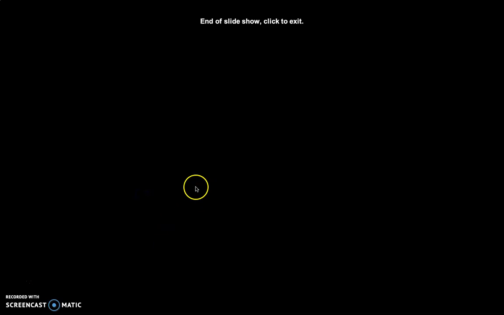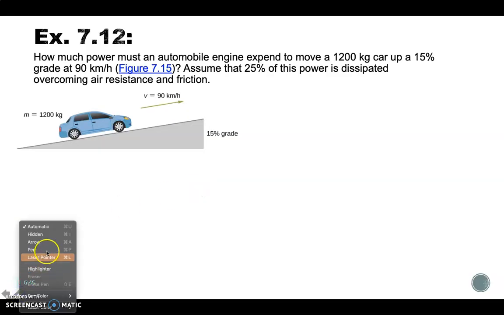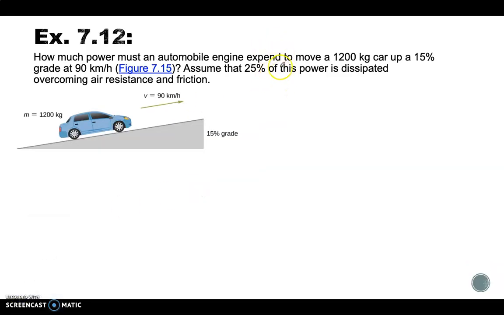First thing we want to do is set up our equation. So again, power is going to be force dotted into velocity. Our power: 25% of this power is dissipated, so we only have 75% of the power. Now our force is going to be